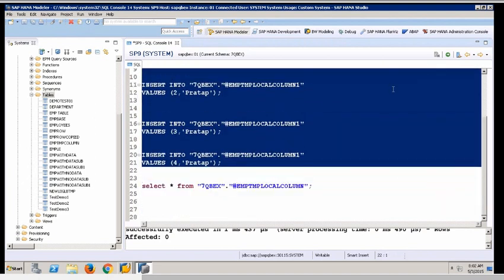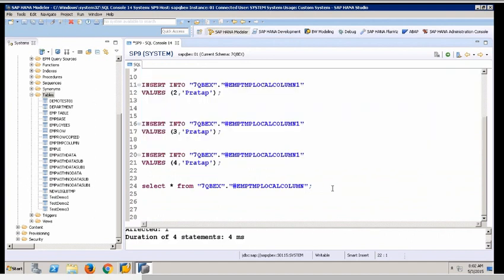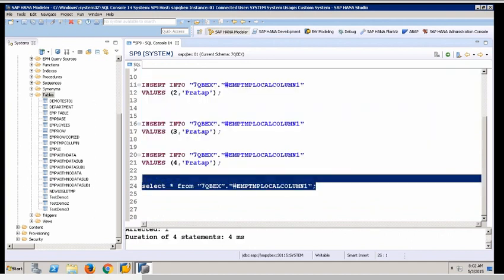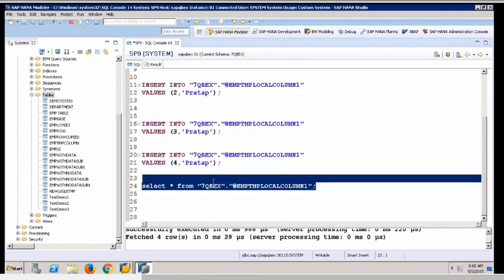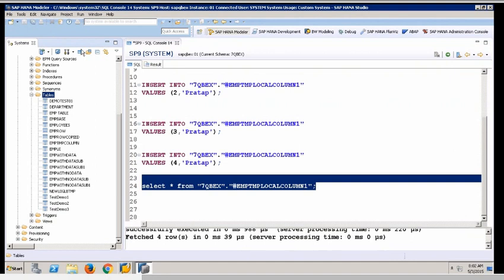And then I say select star from this. I see those 4 records, right? But if I go copy the same thing and open another session and run it, so that is specific to